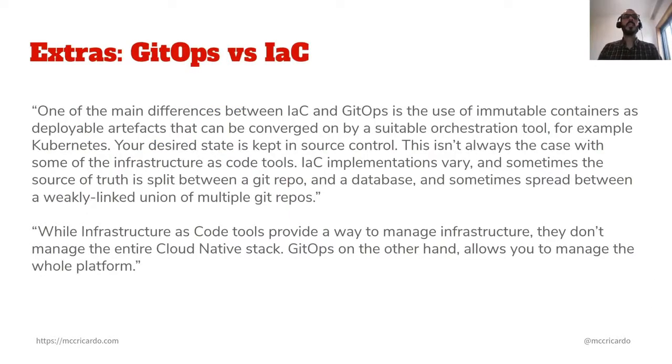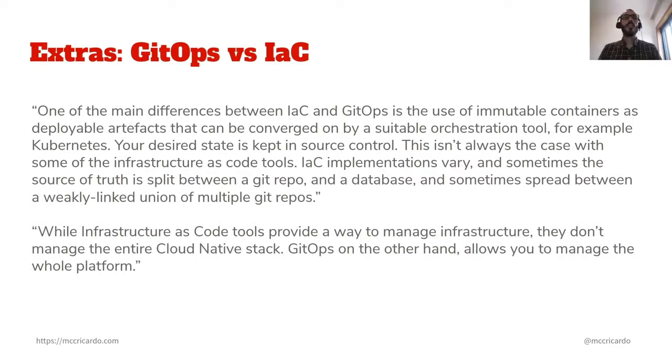Another common question that usually arises is about GitOps versus IaC. One of the main differences between IaC and GitOps is the use of immutable containers as deployable artifacts that can be converged on a suitable orchestration tool, for example, Kubernetes. So the idea here is the concept of immutable containers. Of course, we can extrapolate this, and GitOps can be used for everything and include IaC, and we can achieve